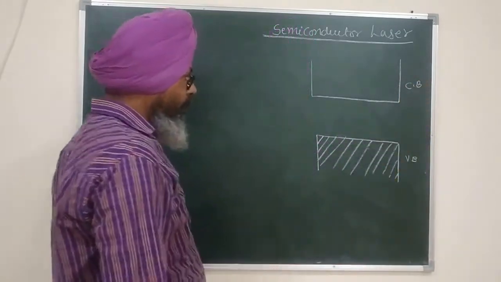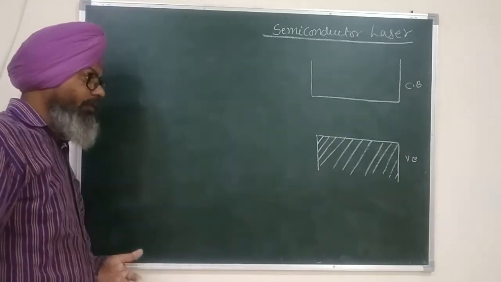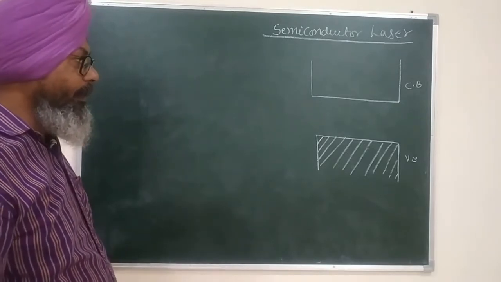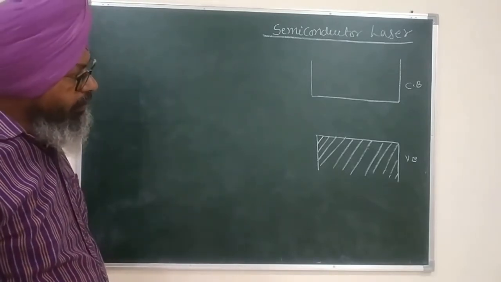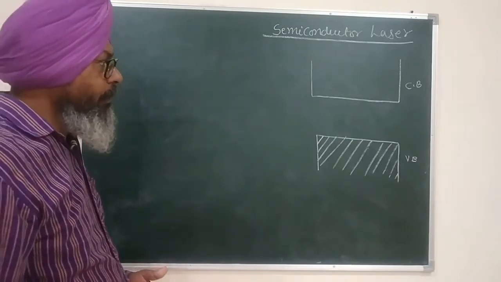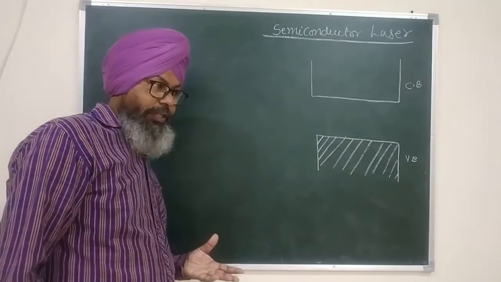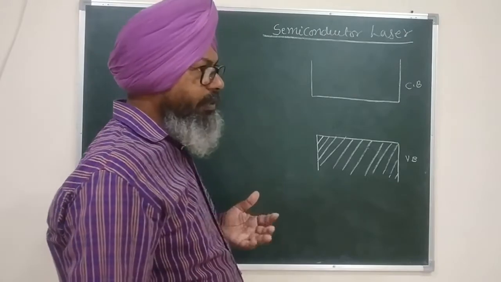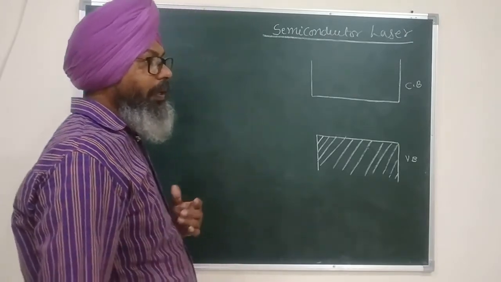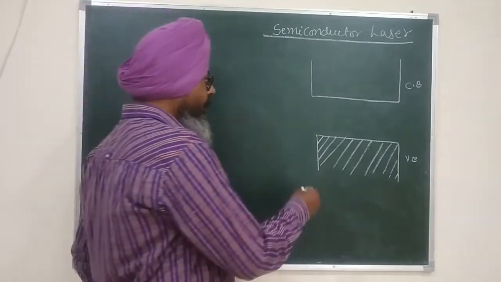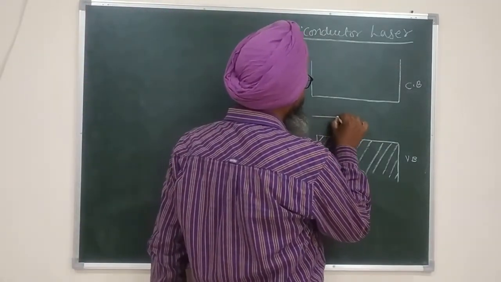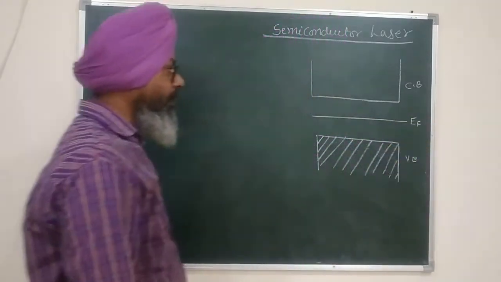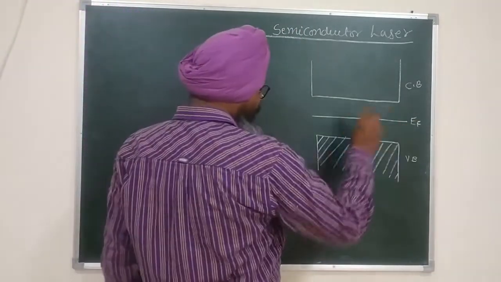The Fermi level, if you know its definition, it's very good. If you do not know its definition, let me tell you. The Fermi level is defined as a level at 0 Kelvin, below which all allowed, or real, energy states are fully filled, and above which all real energy states are fully empty. The Fermi level itself has an occupancy probability of half. In the case of an intrinsic semiconductor, the Fermi level lies at the middle of the energy gap of the semiconductor. EF stands for the energy of the Fermi level.